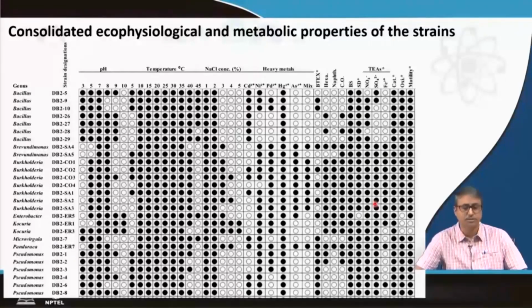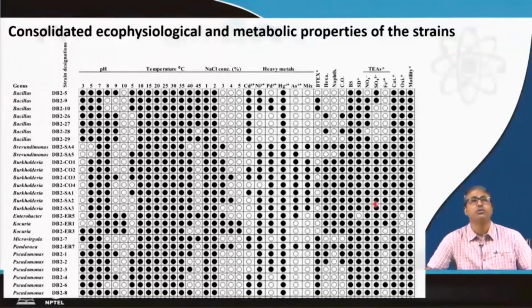As you can see in this next slide, if we now look at the ecophysiological studies that we referred to earlier, once the isolates are obtained, we need to do their metabolic profiling and ecophysiological studies. So, here I am showing you that data, how all these individual pure culture bacterial strains are subjected to different pH, different temperature tolerance, different sodium chloride concentration tolerance, different heavy metal tolerance, as well as utilization of different hydrocarbons as individual substrates. Like the first one is BTX, benzene, toluene, ethylbenzene and xylene, which is a very common